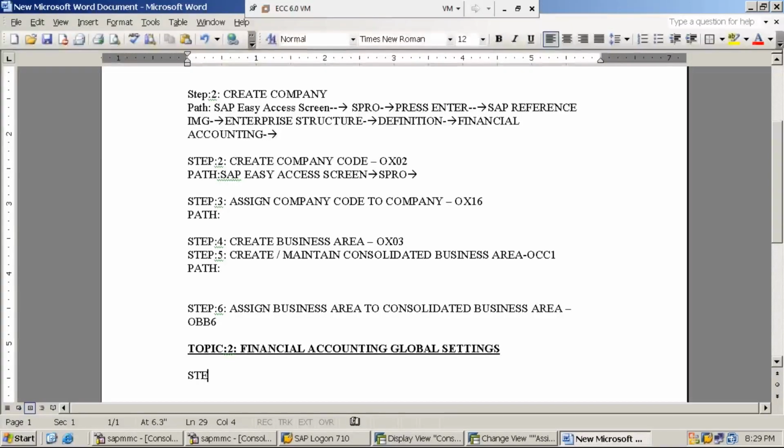Now in this step number 1, define posting period variant. What is this posting period variant? What is the purpose of this posting period variant? I'll explain a bit later. Okay, so first take down the step, define posting period variant, and the transaction code is